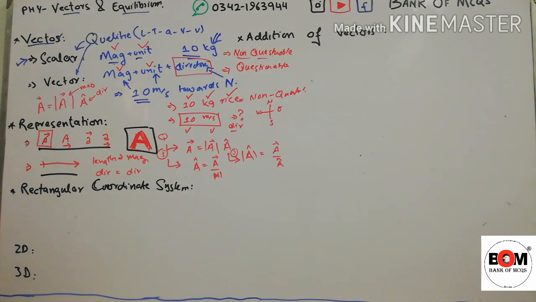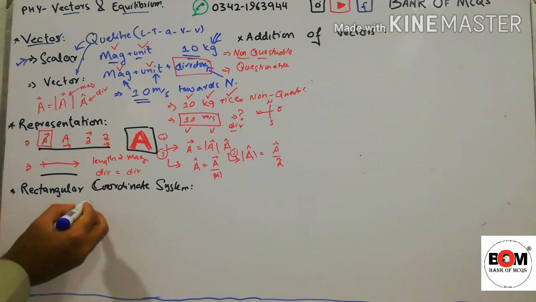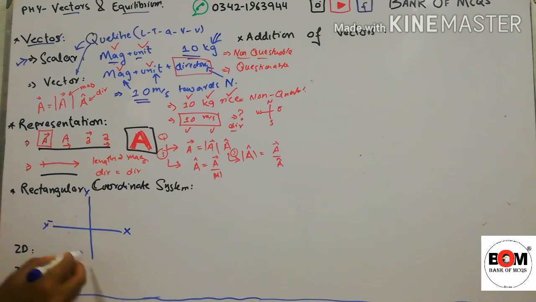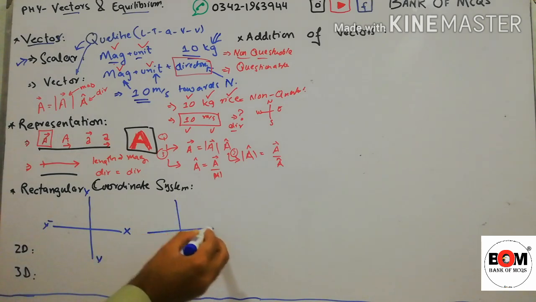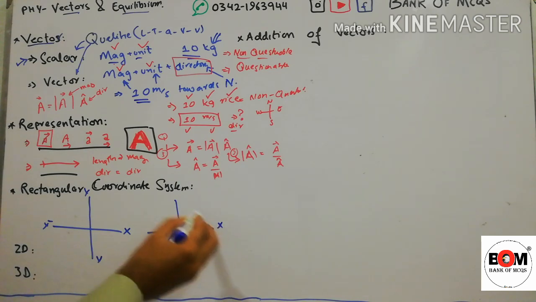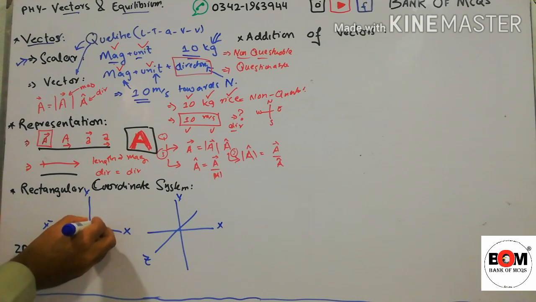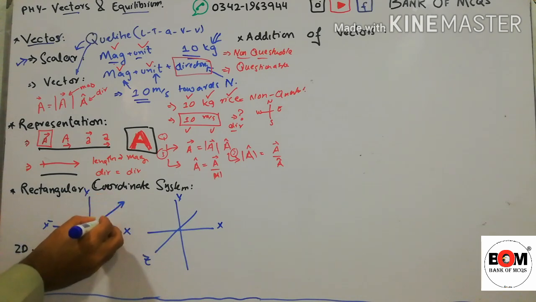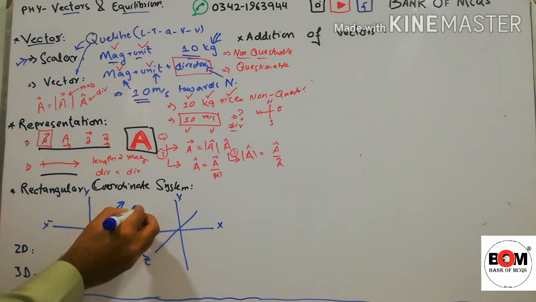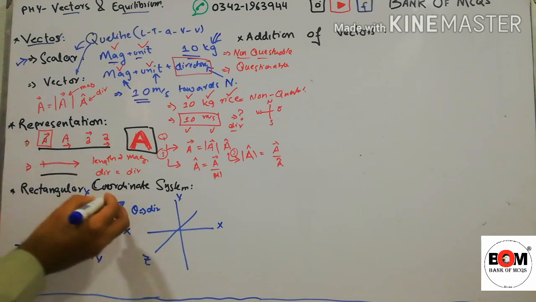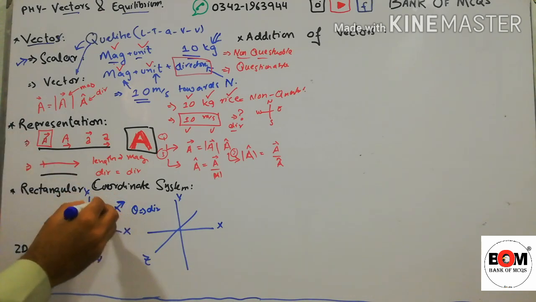Now, the Cartesian coordinate system, or rectangular coordinate system. To draw a graph, we use the rectangular coordinate system in which we draw the x and y lines, for 2D, or we use another axis, that is z, for 3D. For a vector, we will draw an arrow. The angle shows us the direction, if it is 90, then north, east, west, south, and the length of the vector will show us the magnitude.